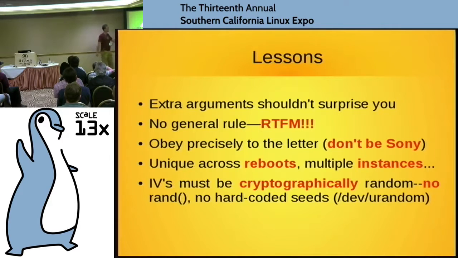When I say to the letter, it means that you have to keep it unique across reboots. Okay, so if you're persisting, if you have a counter, you're going to have to persist that counter. If you're scaling your web server by running multiple instances, okay, you have a global problem, and you might have to hand out blocks of pre-allocated nonces. You have to actually do it, not kind of, sort of. If it's supposed to be random, which means we probably call it an initialization vector, it has to be cryptographically random. No calling the system rand function, actually for nothing in cryptography. Okay? It means if you had to supply the seed, you're going to have to not use the same seed every time you reboot. I know you weren't going to do that.